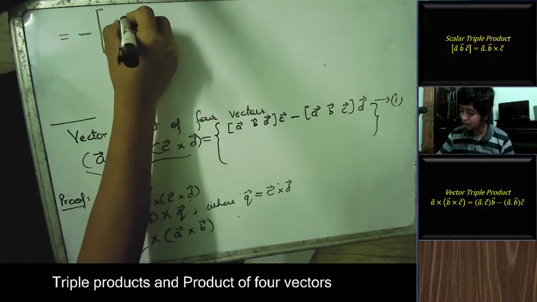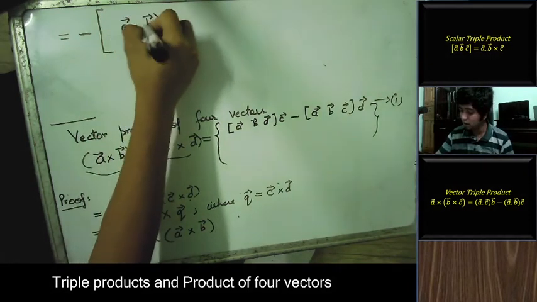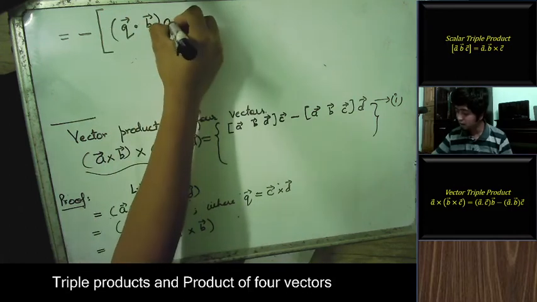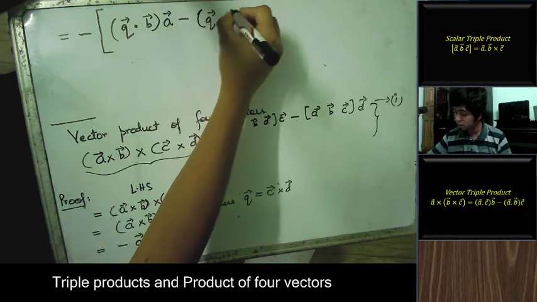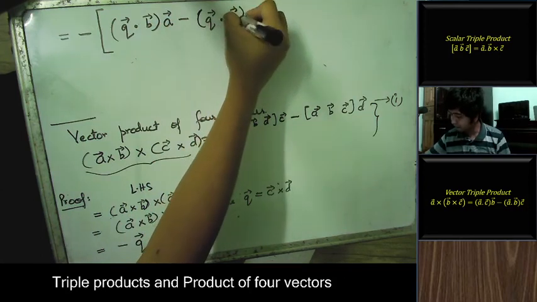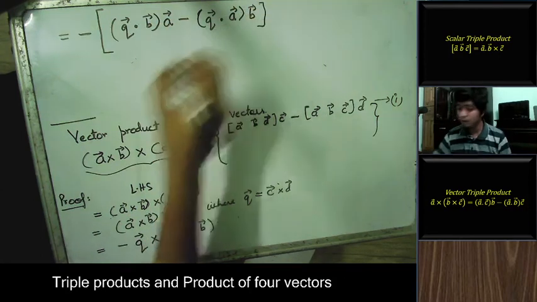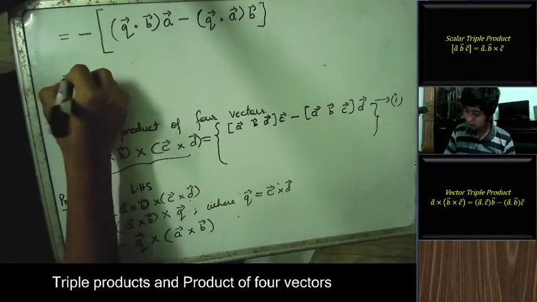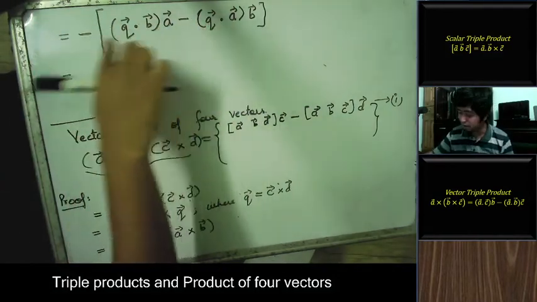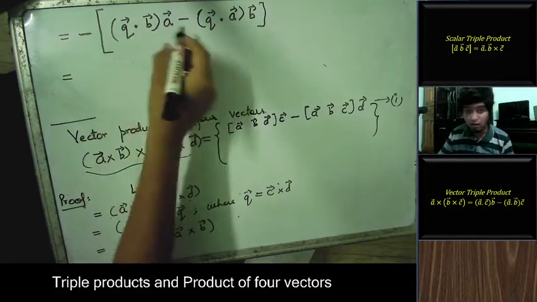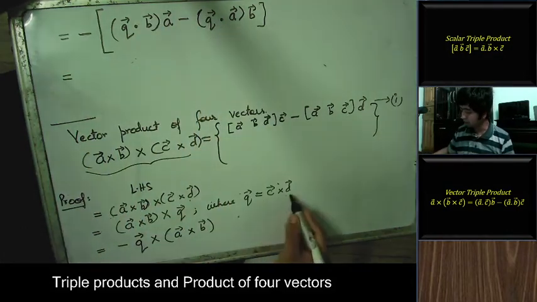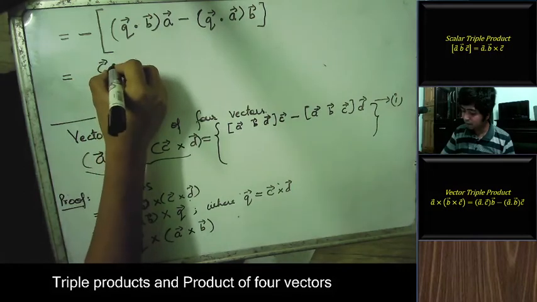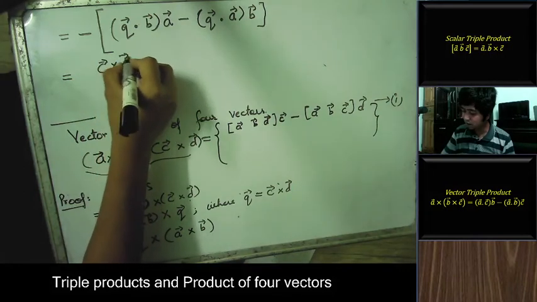You'll be having Q dot B A minus Q dot A B. So you can multiply the minus inside. So you'll be having Q dot A, but Q is C cross D. C cross D dot A